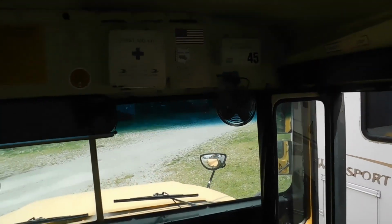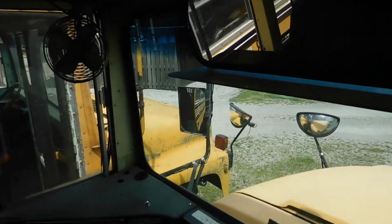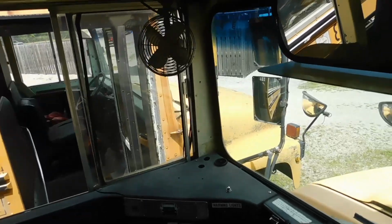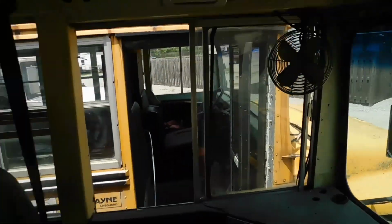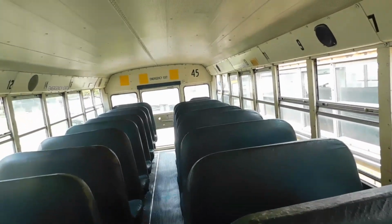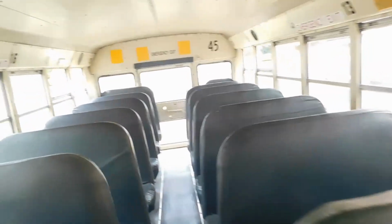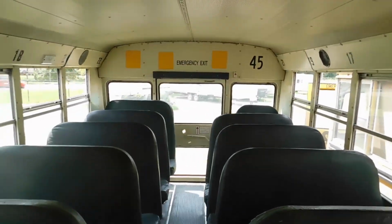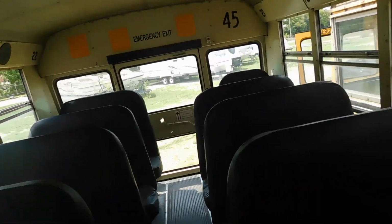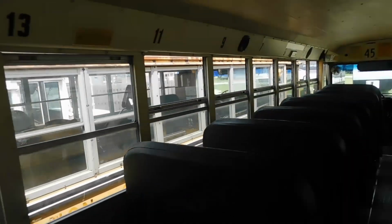So back to my buses. First thing, 45's batteries died on me. Well, not completely, but it did not have enough charge to start the bus. Last Friday, funnily enough, I was on the phone with Adam when I came in here to start the bus, and it did not start. Then Saturday, when he got here, we went and got new batteries, which I did film